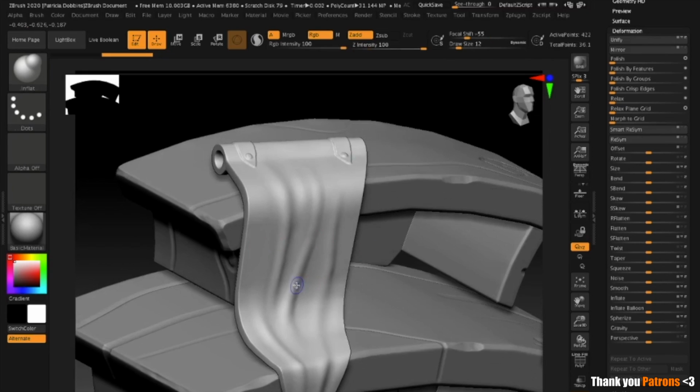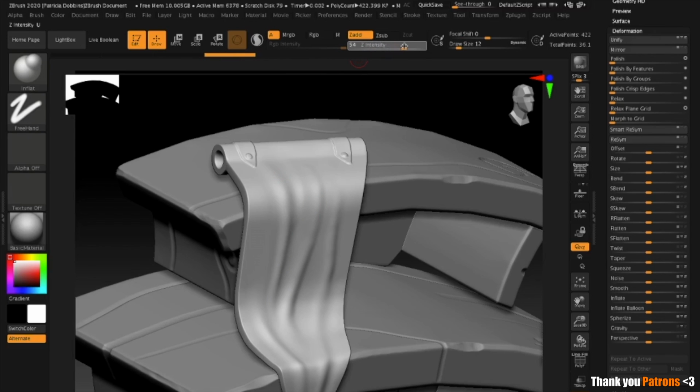Well, no. So the next thing I did was I smoothed out this area right over here where the inflated part meets the actual model. So I wanted to add a smooth transition between that, so I just smoothed it out. In this case,